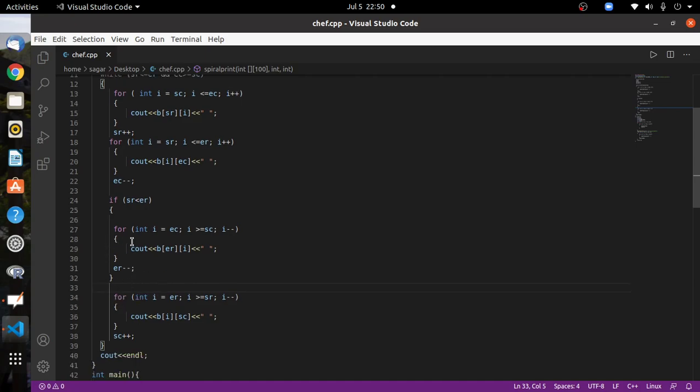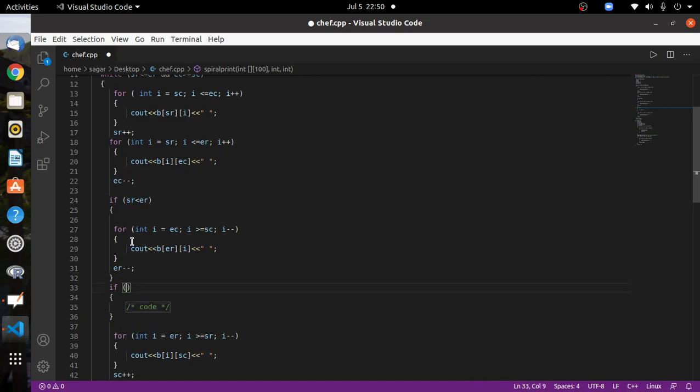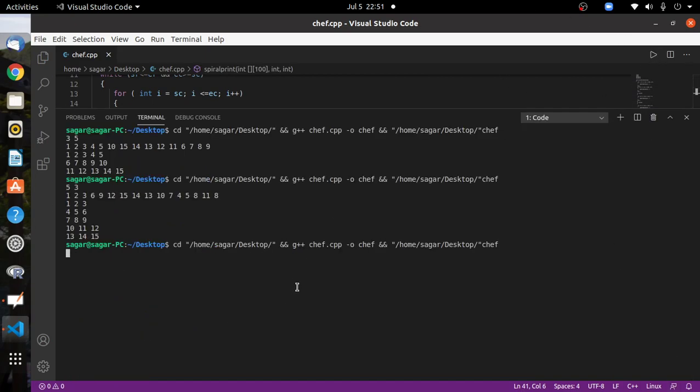So let's write that if condition in the fourth loop which says if start column is less than end column, only then this loop will work, otherwise it will not, right? So let's close this.